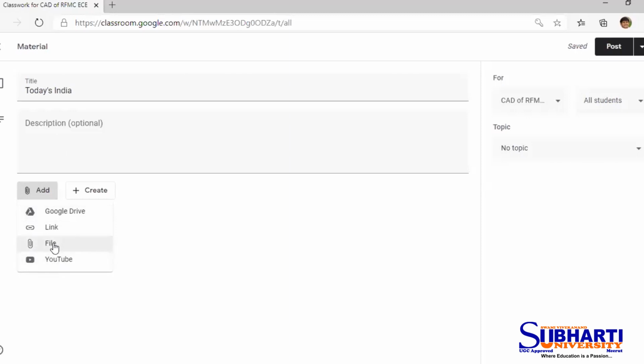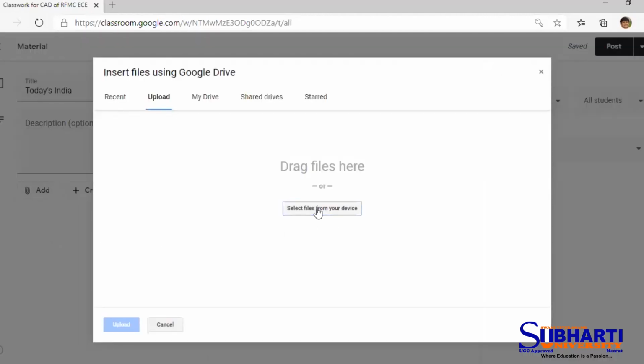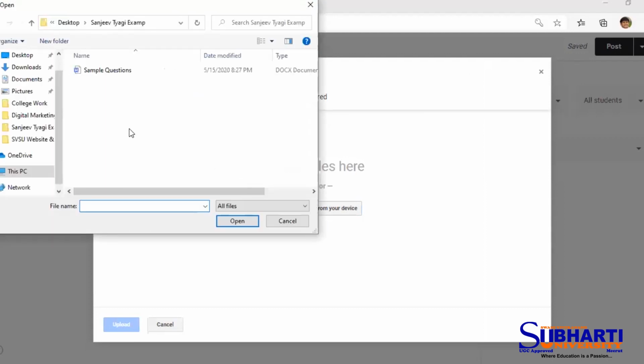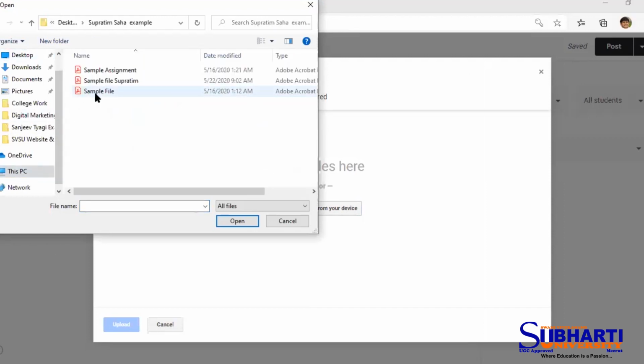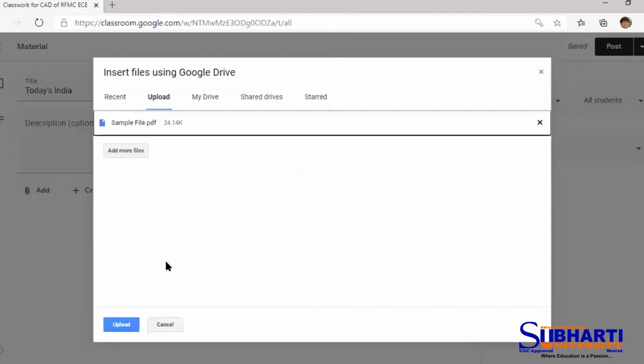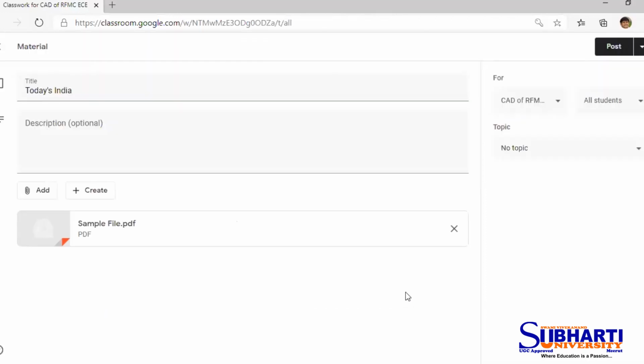So if I want to do it from my system itself, I click on the file button, and then I try to search any material that I want to send or upload in the folder. So I choose one folder of mine and say I choose this sample file and press open. If I press upload, as you can see on the screen, this will be uploaded in a matter of time.